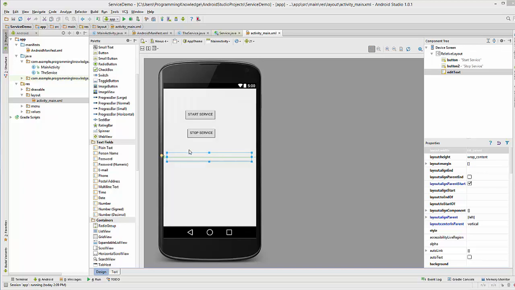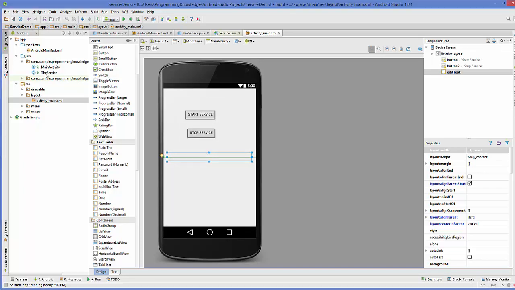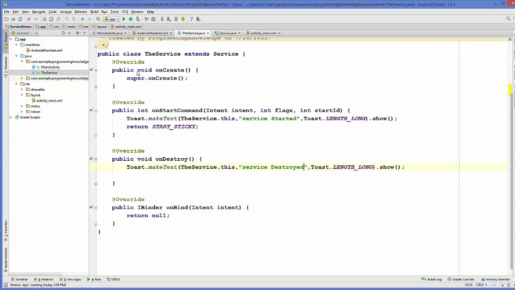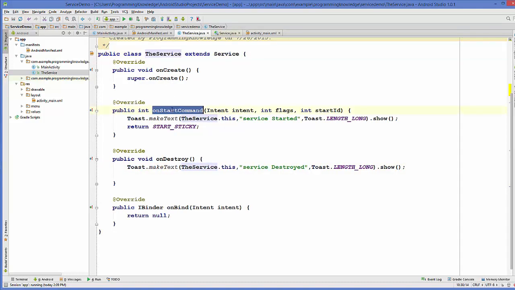Okay. Now I'm going to go to my service class. This was the class which I created in the last video, which extends from Service, and I have shown you how to create the onStartCommand and onDestroy methods, and this IBinder and onCreate method. First of all, I will go inside my onStartCommand, and in here what